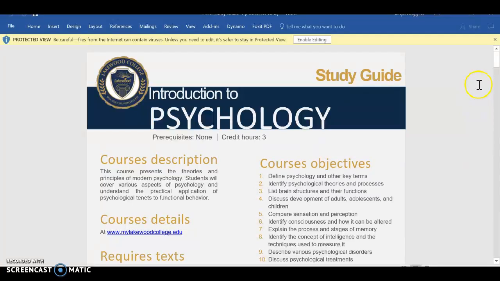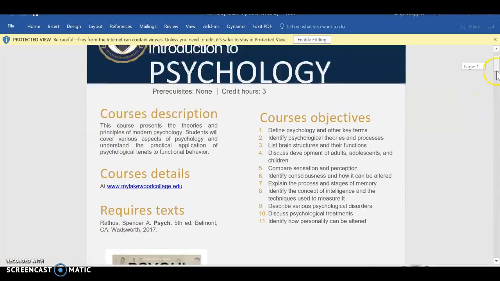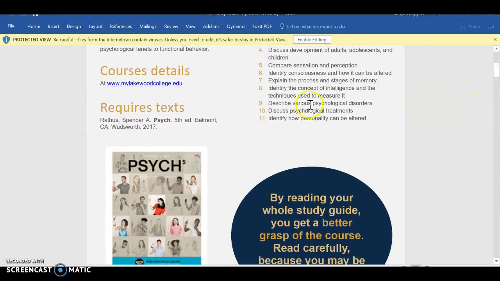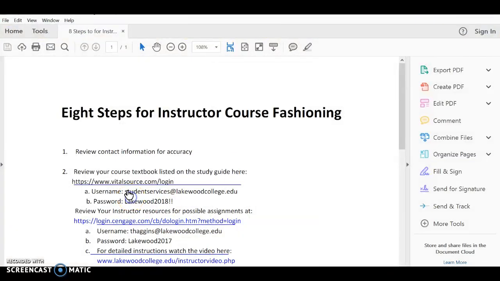When you click on the study guide, you're going to review the study guide for accuracy. But the main thing I want you to do for this particular step is look at the textbook. This textbook is by Spencer Raffis, and it's Psych 5th edition. So you're going to go ahead and log in to the VitalSource right here, VitalSource.com login. And the username is